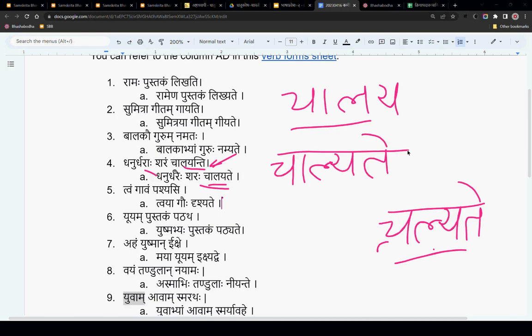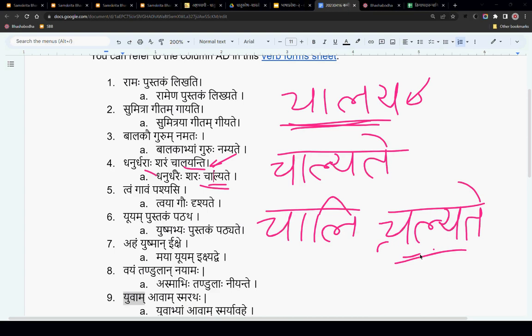Now you might ask, if the dhatu is Chalaya, then how is it Chalyate? As you were guessing, is it a double ya, Chalayate? No, because this is a simplified version I am putting here. The dhatu is Chalaya, Katha, etc. But the actual dhatu first is Chali. This is a derived dhatu. This Chala is not the original dhatu which you find in the dhatu patha. In dhatu patha you find Chala, and that changes to